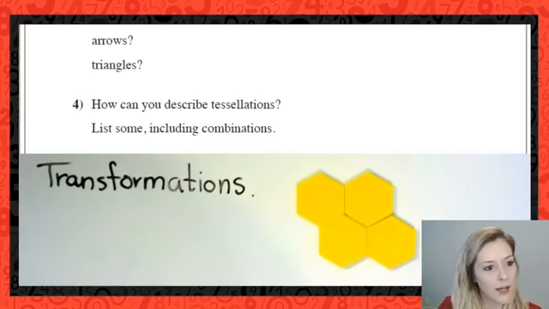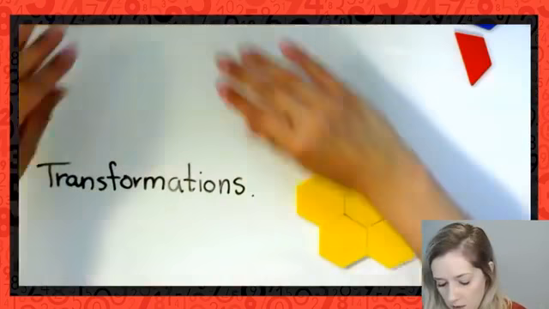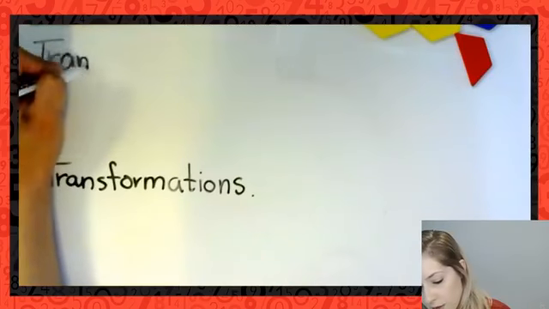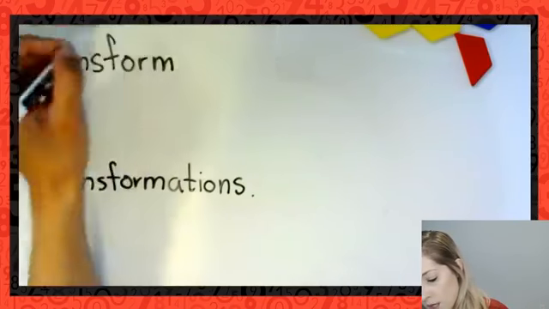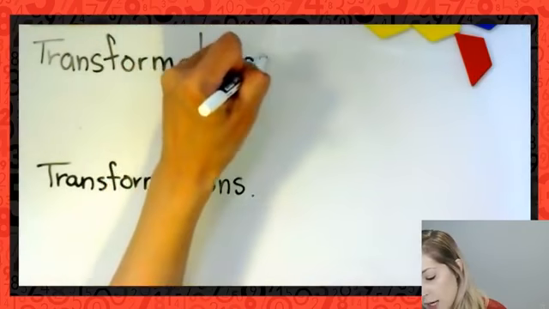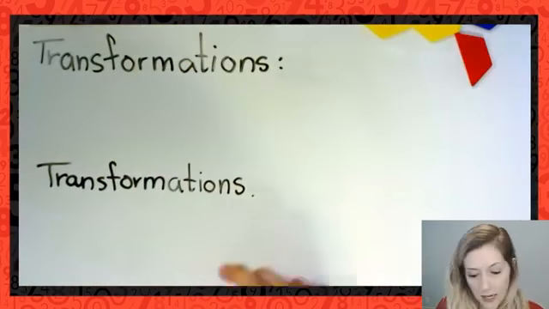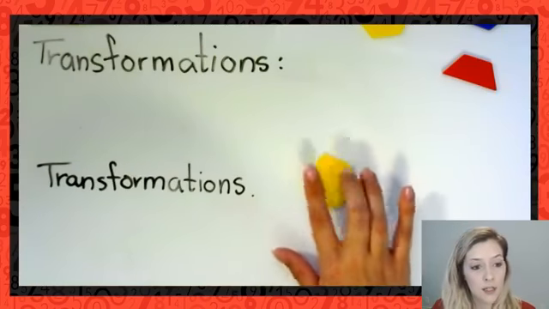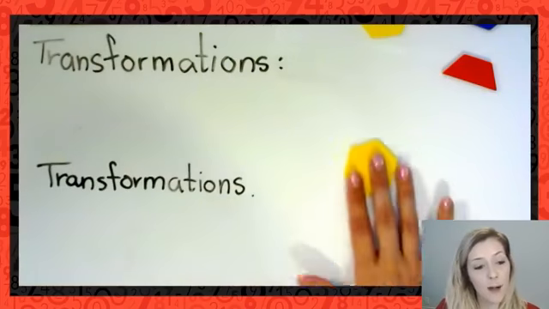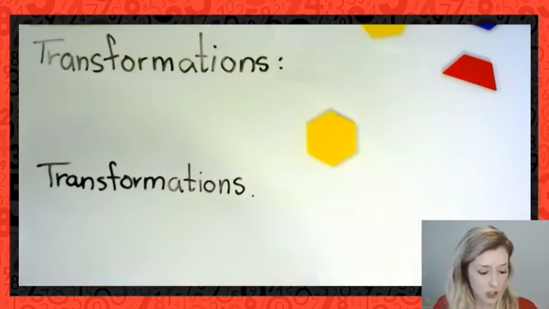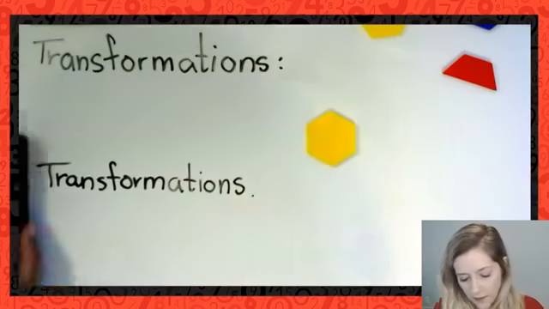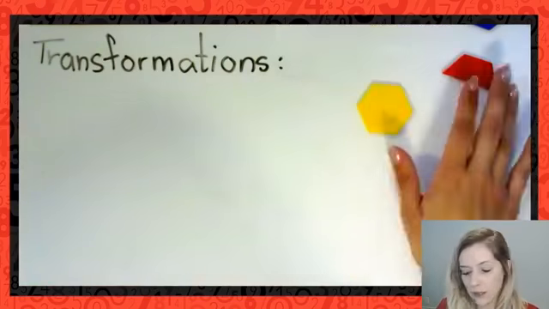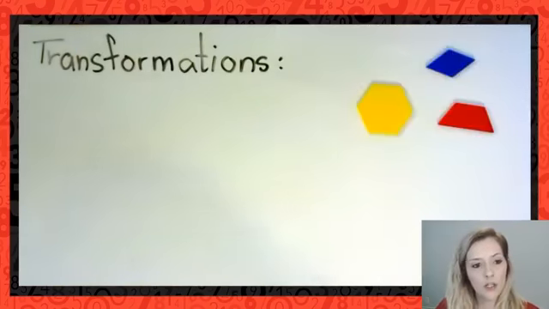And maybe I'll just show my entire whiteboard actually. I'm going to move this up because there might be quite a few that you guys share with me. So the question is, what are some transformations you've learned about? Meaning, if I take my shape, what are different things that I can do to it to transform it so that, yes, potentially I can fill in my whole plane with those transformations? So maybe I'll leave a few shapes here for you guys to think about. What could you do with those?